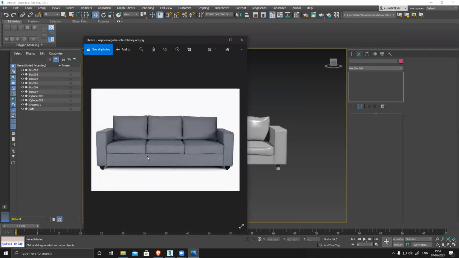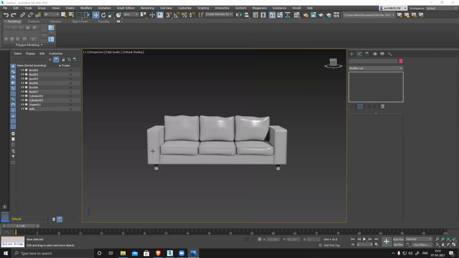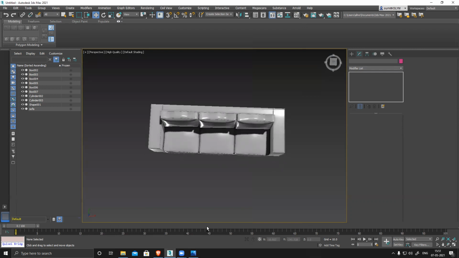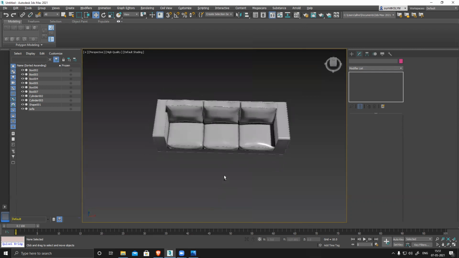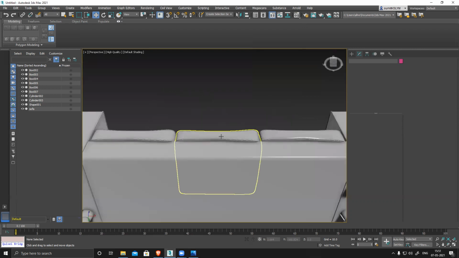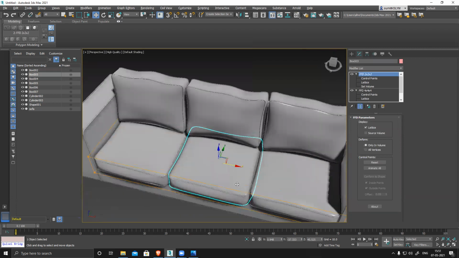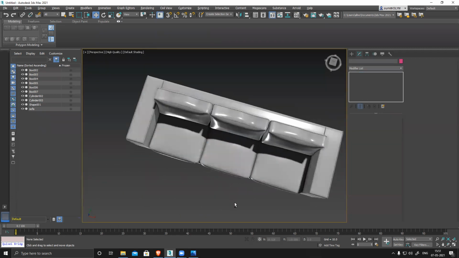Usually in games we don't do that, unless it's a really close-up shot, or we have a very specific reason or specification where we are asked to create that shape. Otherwise we don't do it, because those tiny bends and everything will take a lot of polygons. So those things are basically useless, because nobody will notice that. So it's pointless to create those things.